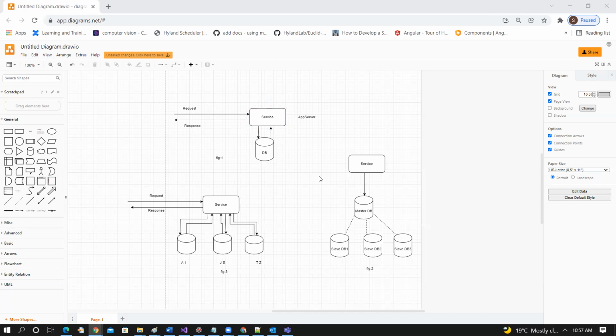The first one is the master slave architecture. In the master slave strategy, you have multiple instances of DB, in which we have a master DB, and there are a couple of slave DBs as well. Any write operation we do, we do in the master DB. In case you want to read,